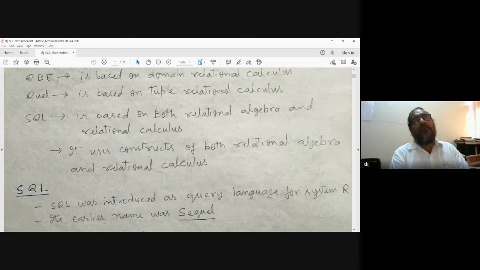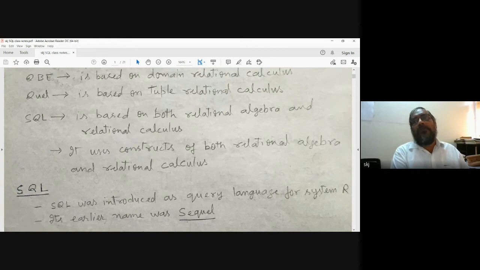For that model, some mathematics has been developed that is called relational algebra, and the other mathematical part is relational calculus. So relational algebra and relational calculus are the mathematics developed for the relational model. Using this mathematics and the relational model representation, we develop such kind of system.